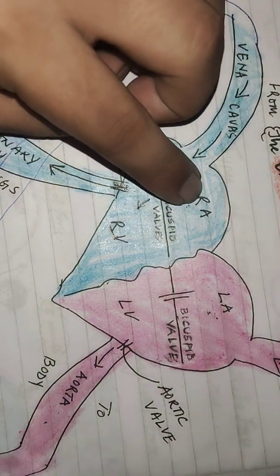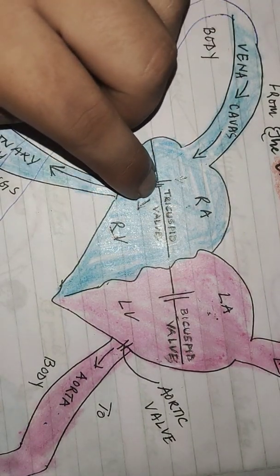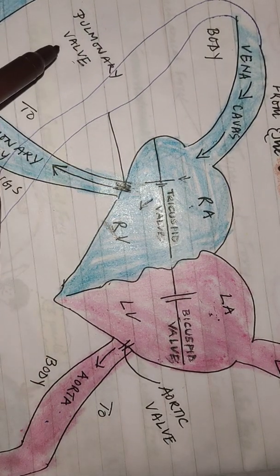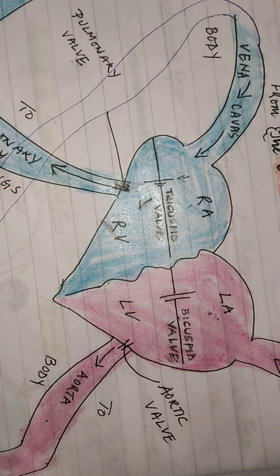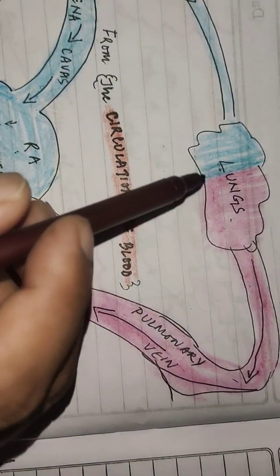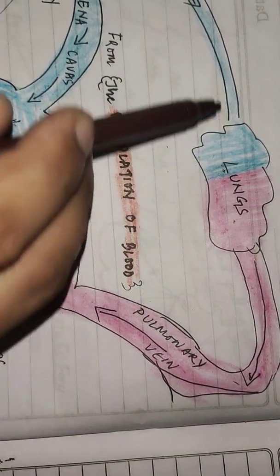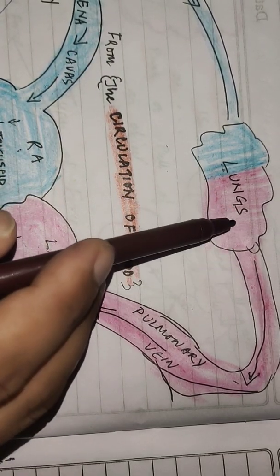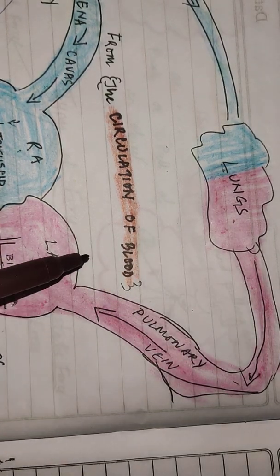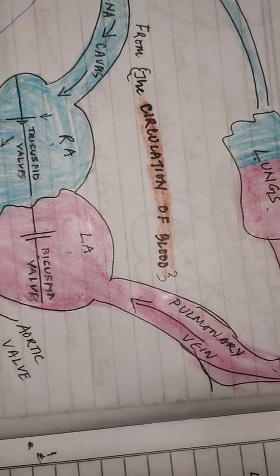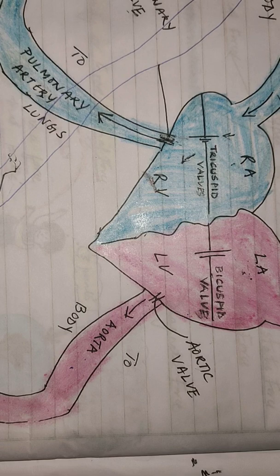All right, now from here, deoxygenated blood, once again it passes through the tricuspid valve to the right ventricle. Over there also you have a valve known as the pulmonary valve. From there it passes to the lungs for oxygenation of blood. After the oxygenation of blood, again the blood flows from the pulmonary vein to the left auricle. Now